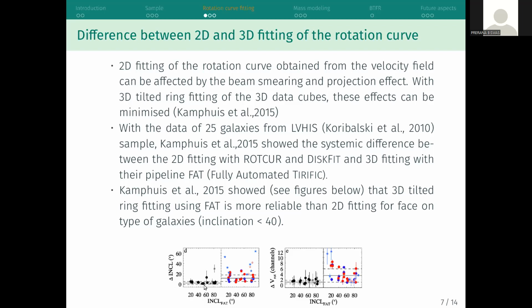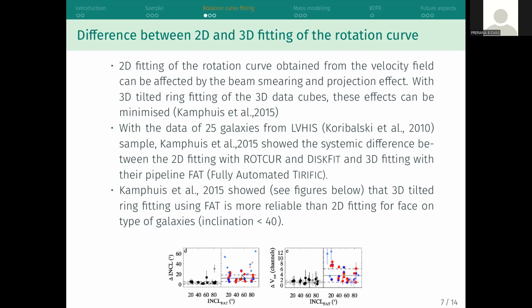This section is the difference between the 2D fit done by Rotcur and this fit, and this one is the 2D fitting minus the 3D fitting, which is obtained by their own pipeline, FAT, the Fully Automated Tilted ring fitting code. And here you can see there is an offset of around 15 degrees in their results in the inclination,